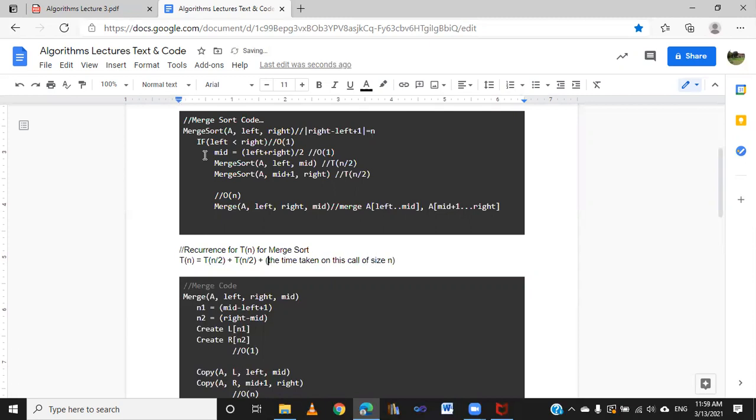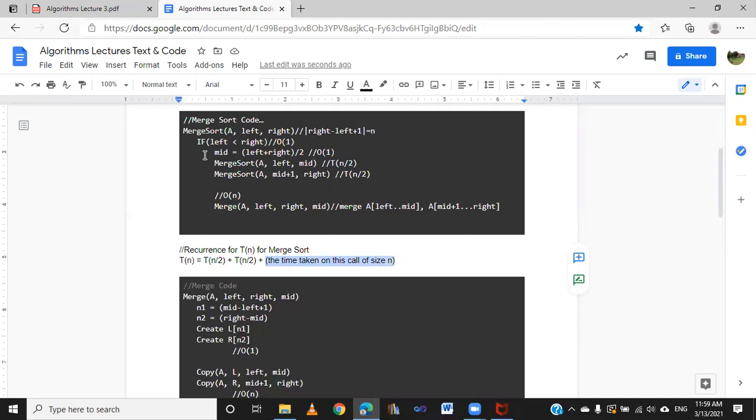बेसिकली जब मैंने आपको ट्री बना के दिखाया था लास्ट टाइम भी, जब हम फास्ट फॉरवर्ड का काम कर रहे थे, तो उसमें भी मैंने ये कहा था कि कुछ काम है जो अगली कॉल्स पे चला गया, ये वो काम है जो अगली कॉल्स पे चला गया, T of n/2, T of n/2, not just n/2. This is again T of n/2 because those are merge sort calls, and whatever time they take, that's again T of n/2, right? And this is the time जो कि इस कॉल पे लगा है।